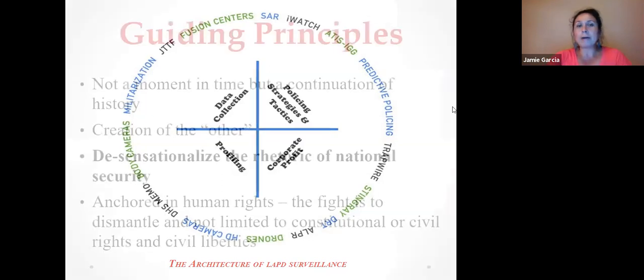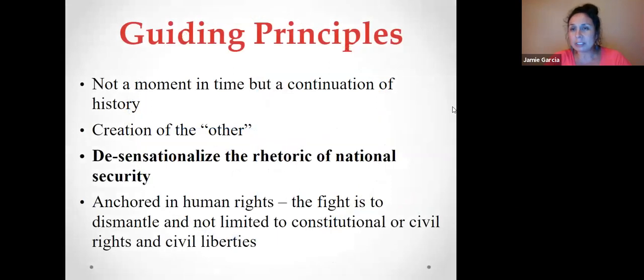So we have guiding principles that not only guide how we organize, why we even organize and use public records requests, but guide how we see law enforcement and our fight against law enforcement. We see this idea of police and policing of our communities not as a moment in time, but as a continuation of history. Now, we know that